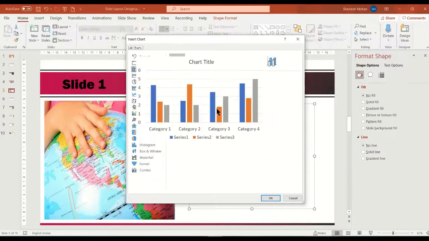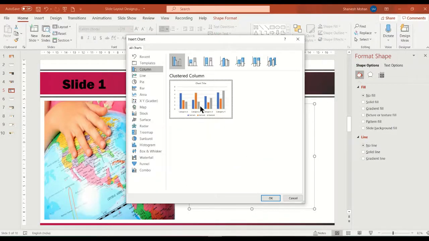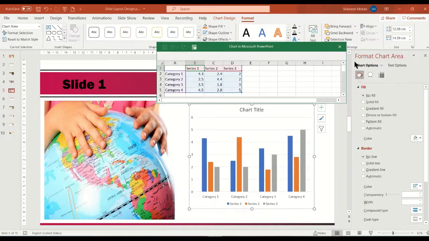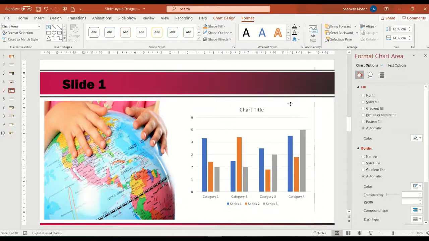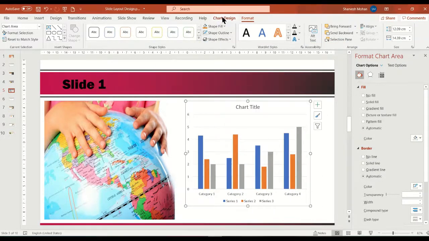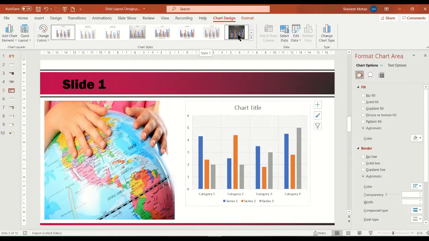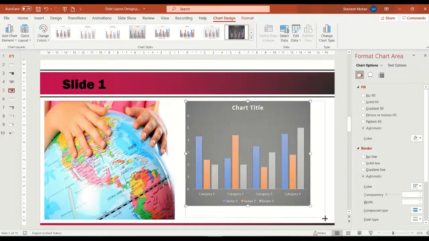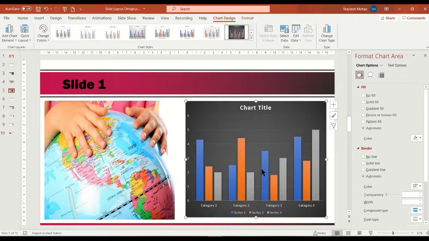Let's take a simple chart, this one. If we want, we can create later whatever design we want. Chart design, we can choose something, this dark color. We can drag it like this. So we added the chart title with some picture over there.